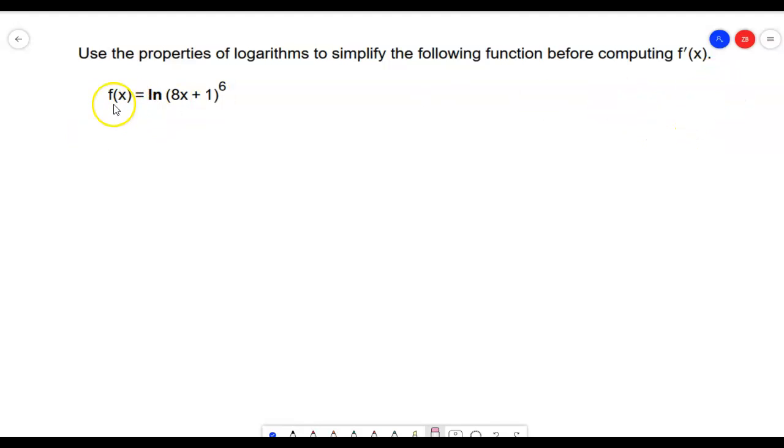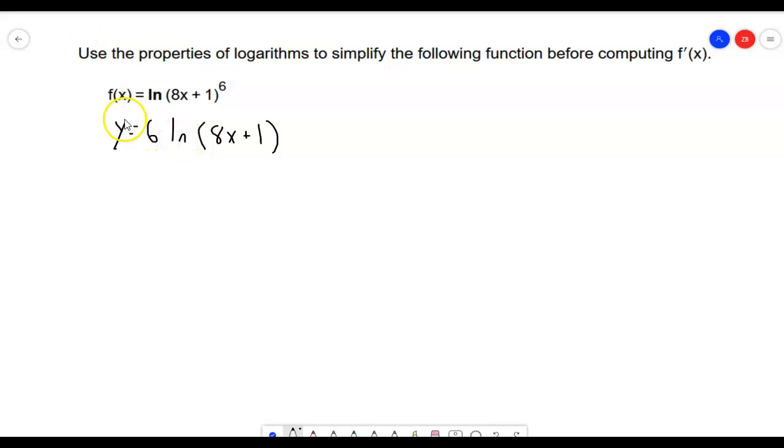So here we have f of x is equal to the natural log of 8x plus 1 raised to the 6th power. We don't really have a good way to find the derivative while this is raised to an exponent. But luckily, we know that when we have a logarithm, we can pull that exponent out front. So that's what we're going to do here. I'll write this as y is equal to 6 natural log of 8x plus 1,